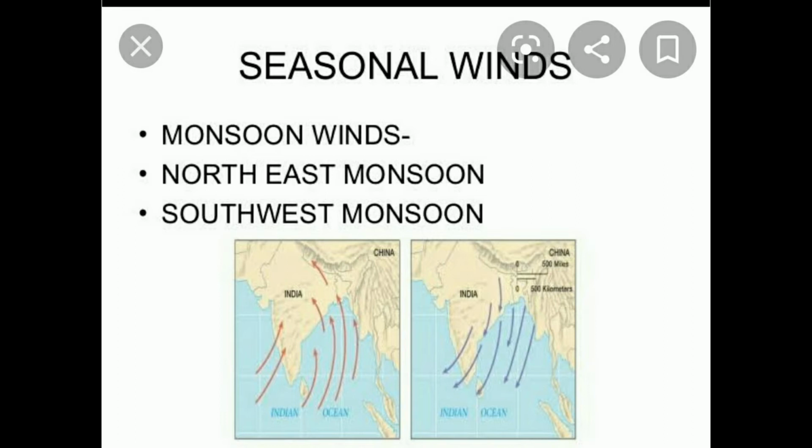Seasonal winds are divided into two types: northeast monsoon and southwest monsoon. The existence of monsoon is due to differential cooling of land and sea. Summer monsoon develops over the northwestern part of India, while the southeast trade winds cross the equator. As a result of the Coriolis effect, which we already discussed in the previous video, it becomes the southwest monsoon in peninsular India and adjacent countries. The southwest monsoon is very important, as the rainy season starts in our country because of it.